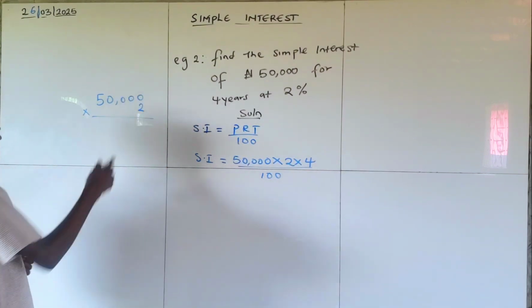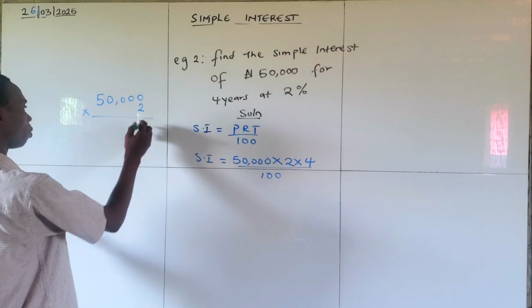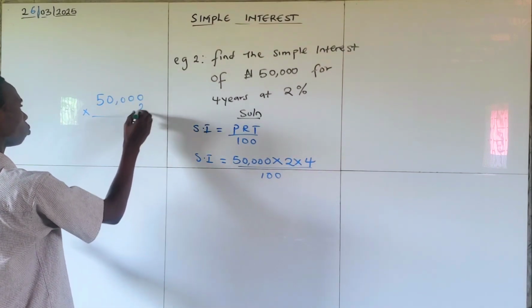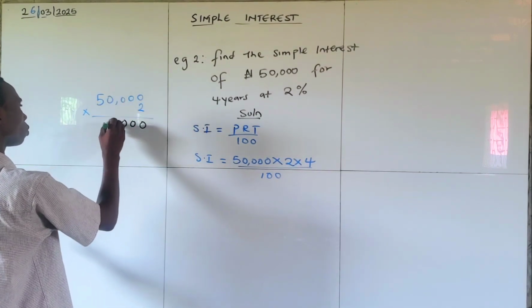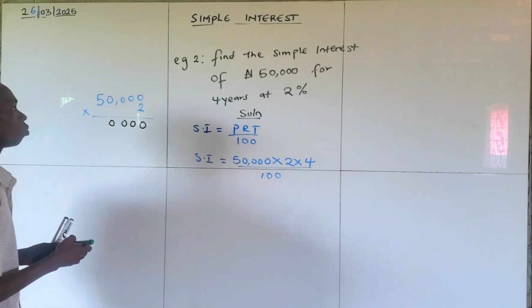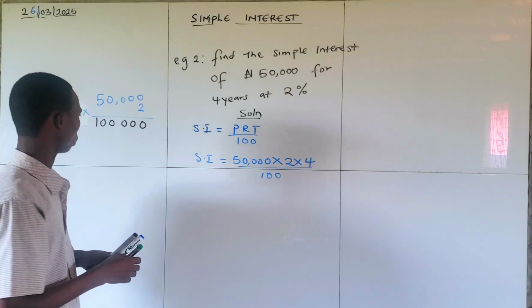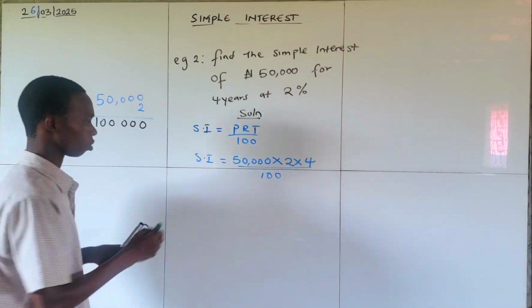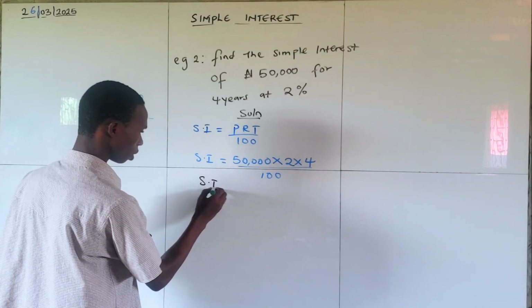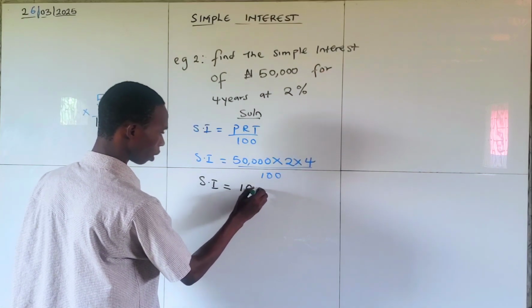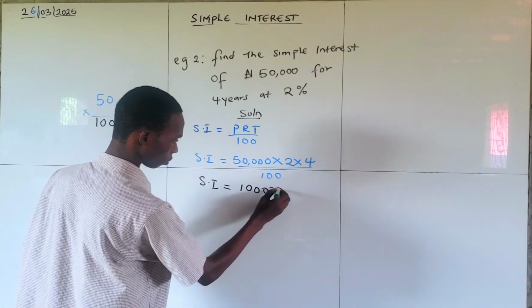So 2 times 0 will give us 0. 2 times 0 will give us 0. 2 times 0 will give us 0. 2 times 5 will give us 10. So we are having 100,000. Here we are getting 100,000. So our simple interest is equal to 100,000